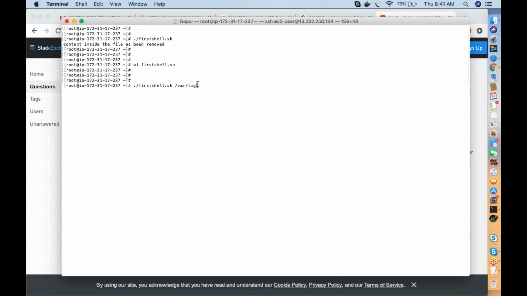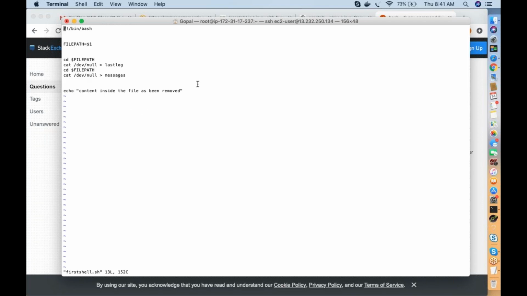If you give var log, it goes and executes the script successfully. When you give var log, that var log replaces $1, because $1 means: while executing a script, take the first value you passed to the script as my first input.